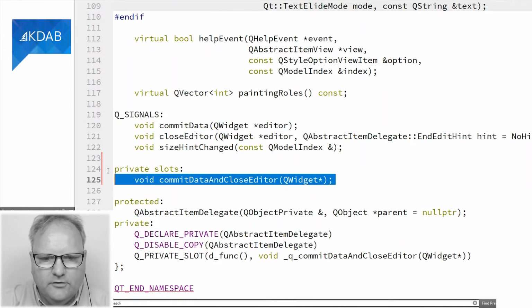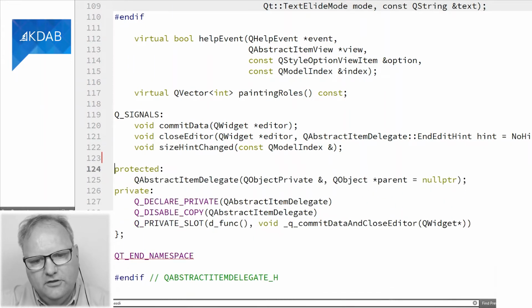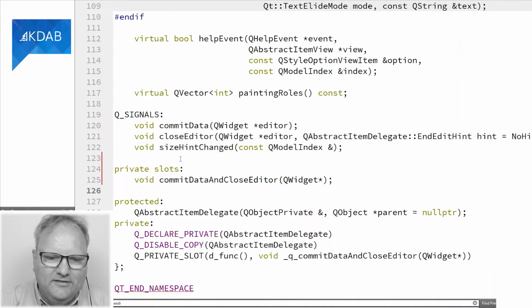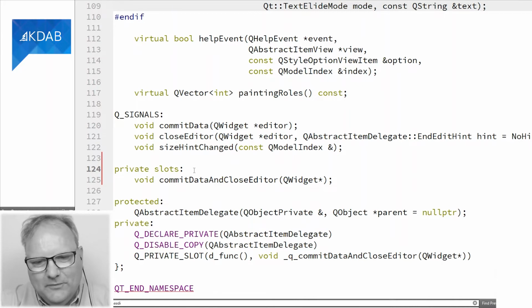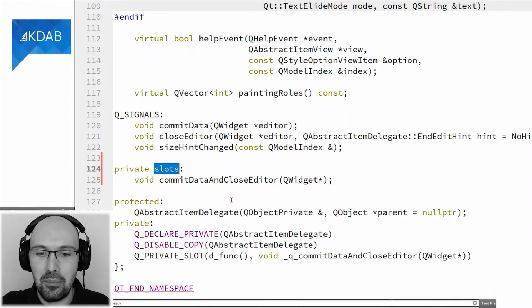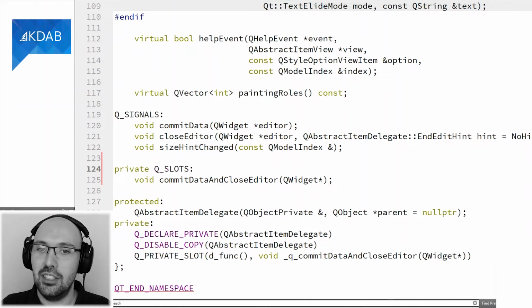Moving on here. I'm just looking around your screen and I see this Q_SIGNALS. Oh, you want to delete that? No, sorry. Let me go back to that. Now, moving up to Q_SIGNALS. What is that about? Why not just signals? And I also see public slots or Q_SLOTS or whatever it's called. Right. Yes, I should have actually mentioned that this should have been Q_SLOTS and not just slots.